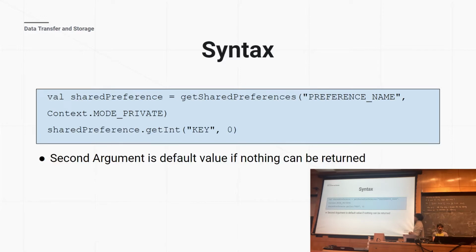Next, say we actually want to retrieve these values. We've just set them, right? We actually want to retrieve them. In this case, we use getInt. And here you might notice that there is a second parameter. What is the second parameter? It is just the default value, just in case nothing is returned. Let's say you haven't set the key. Instead of returning null, which is not something that we want, we will return our default value, which we have previously set, and in this case will be 0.